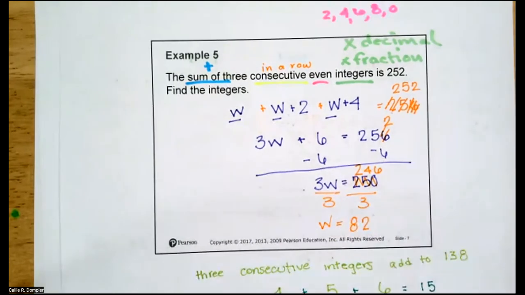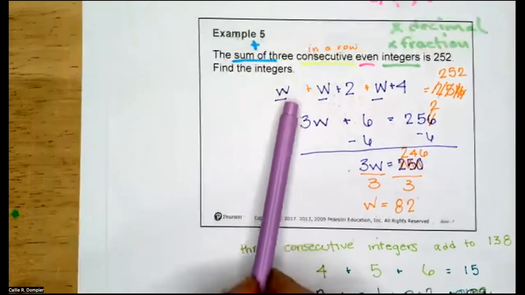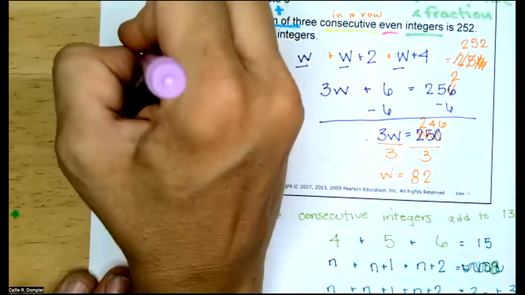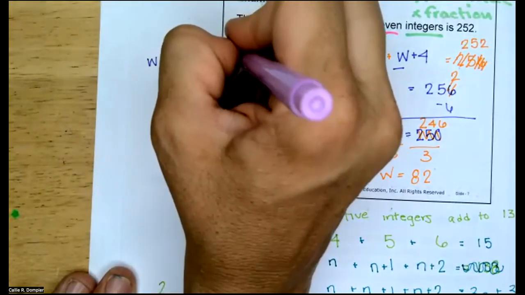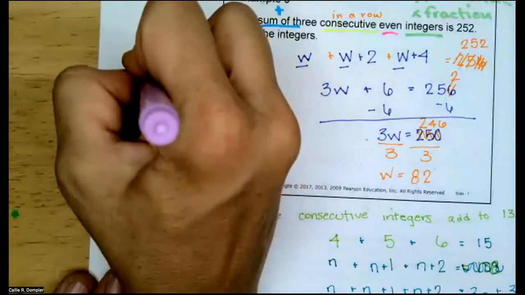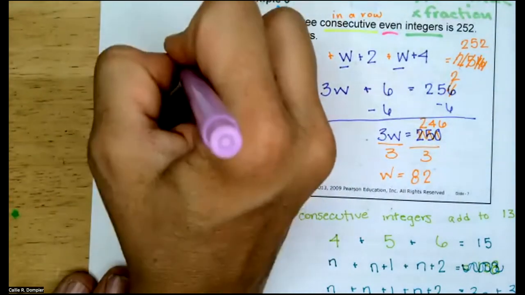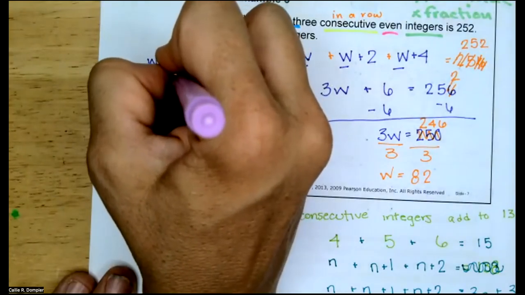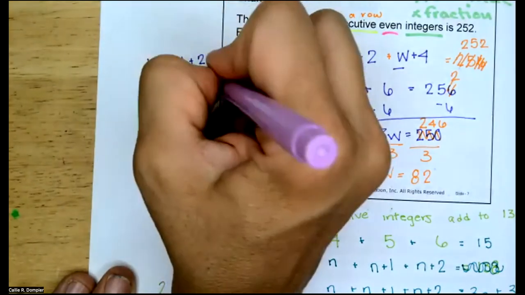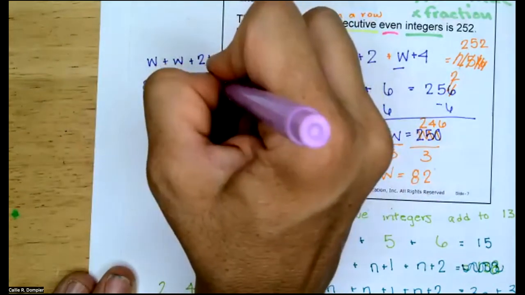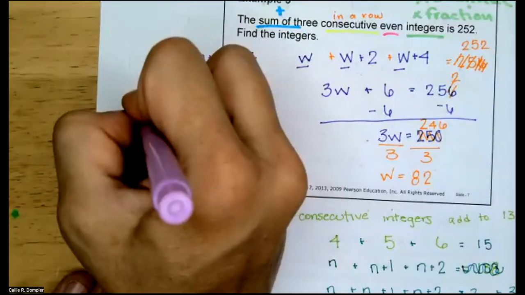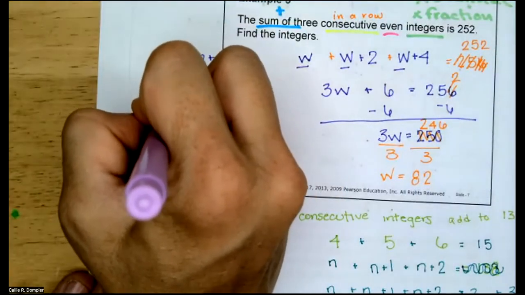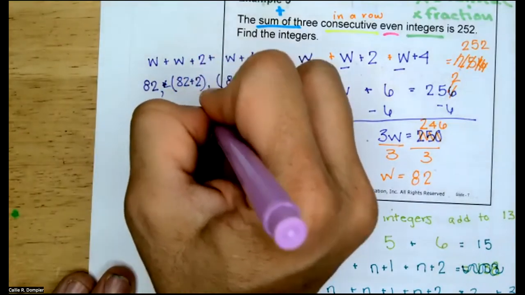You're not done yet. You found your first number, right? I know W is 82. Now I put it back in here. So now I have W plus 2 plus W plus 4. My W is 82, so that's now 82, and 82 plus 2, and I guess I don't need to add them. This is 82 plus 4. Is that all right? So my consecutive even integers are 82, 84,